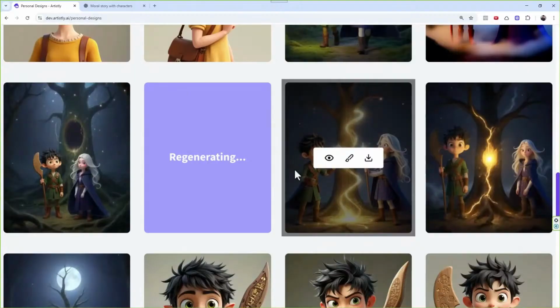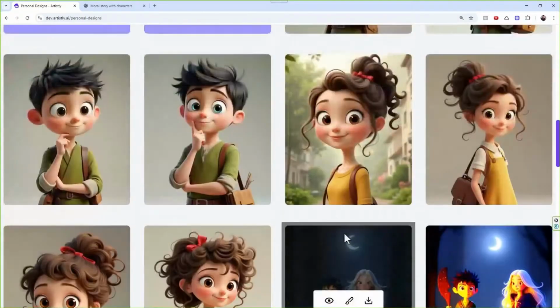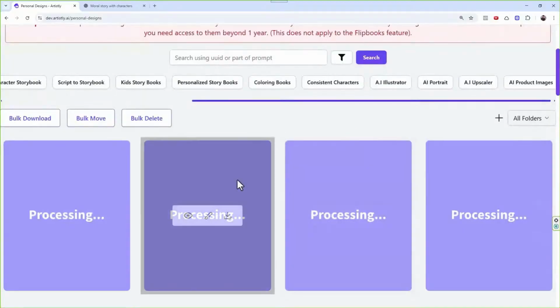Sometimes you have images where there are third-party elements. In this image we had fireflies and stuff like that. It took me two regenerations to get the image to where I wanted it. But that's the name of the game, right? You just regenerate it to get the perfect result.